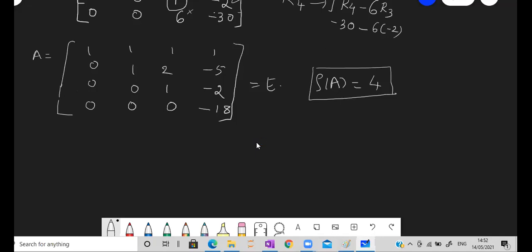Is the concept of rank clear to you? Yes, ma'am. The only thing is you need to apply it properly and then you should get the rank. Okay, I'll take one interesting problem and end the concept of rank. This rank concept is very important because we are going to use this for the next two concepts. In those we'll use this rank. Okay, I'll write one example.